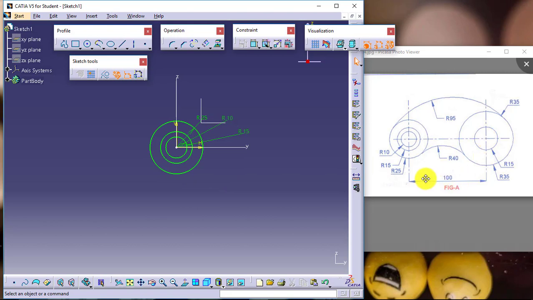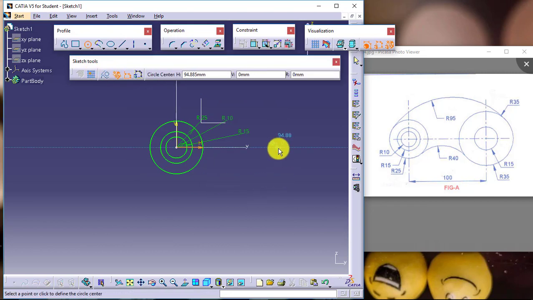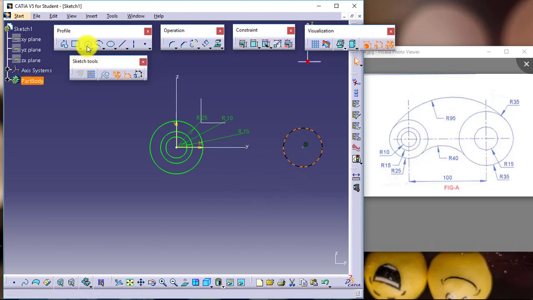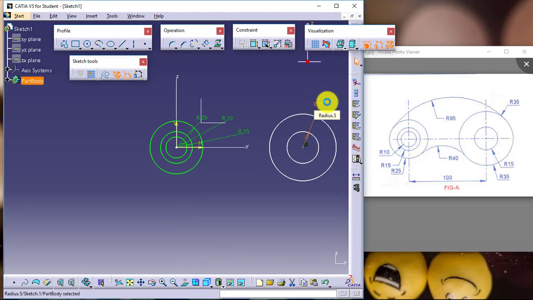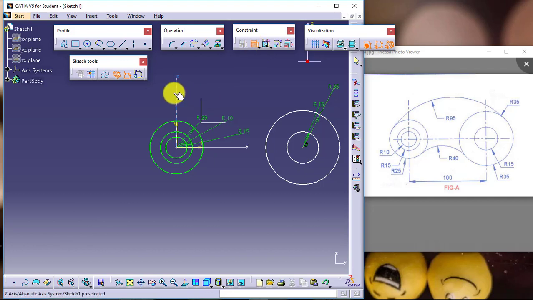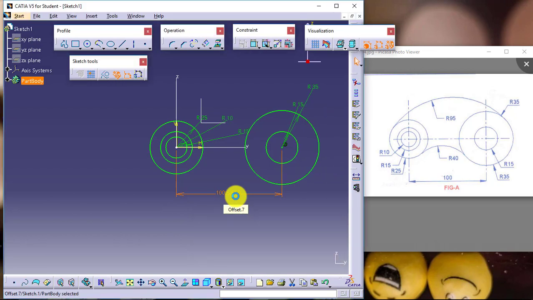Next I will be creating this profile. This is at a distance of 100 mm and horizontally it is matching. So I will be creating the circle. You can see the reference is available with me. I don't need to apply the constraints separately. Somewhere here I will create one circle and another circle like this, and I will give constraints to these 2 as well. This is of radius 15, this one is of radius 35. Still it is under constrained. Why? Because the distance is required to be given. Distance is 100. This much work has been done.